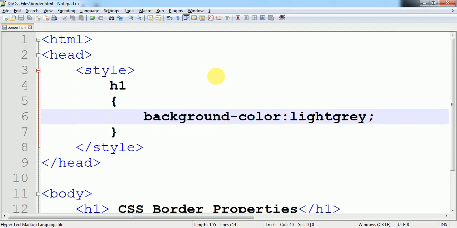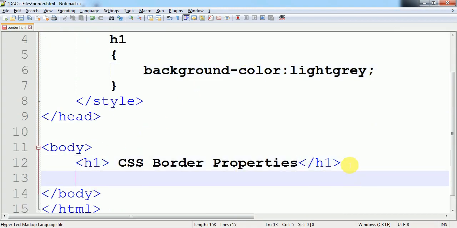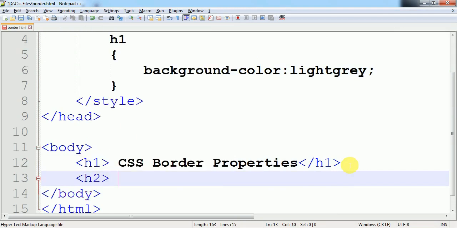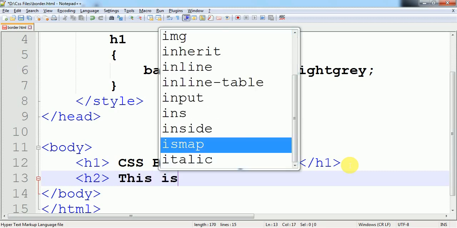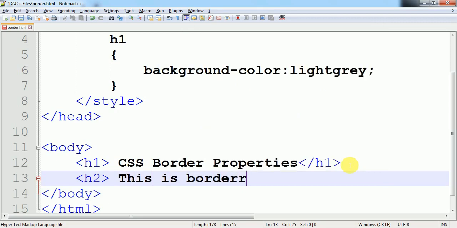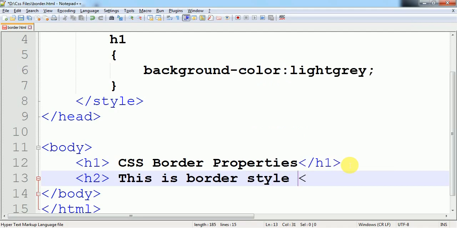Okay, now this one is h1, so I'll start from h2 first. First I'll start with border style. This is the border style property.